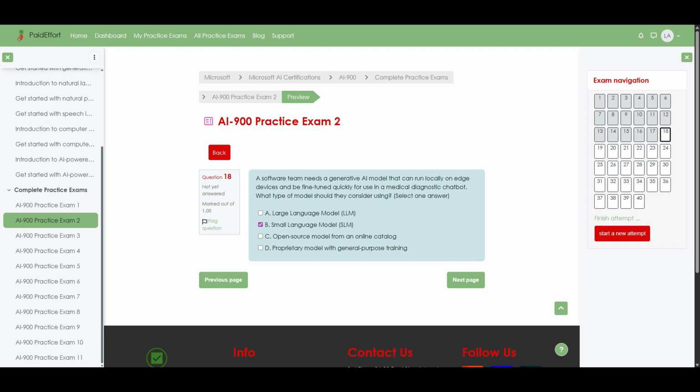Small language models are designed for scenarios where compute resources are limited, like edge devices. They're faster to fine-tune and more lightweight, which makes them ideal for specialized tasks such as medical diagnostics. SLMs are also often trained on domain-specific data, so they can deliver more relevant results out of the box compared to general-purpose models. Large language models, by contrast, are powerful but heavyweight. They require significant compute resources to run and fine-tune, making them a poor fit for local edge deployment where speed